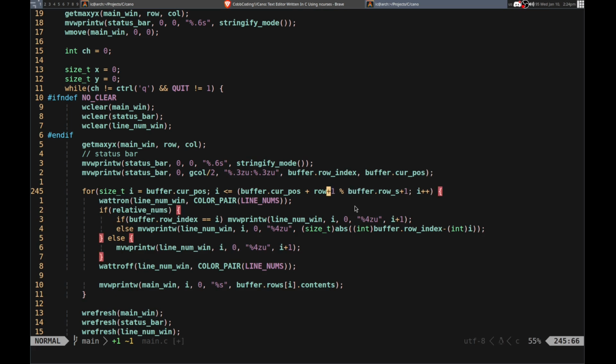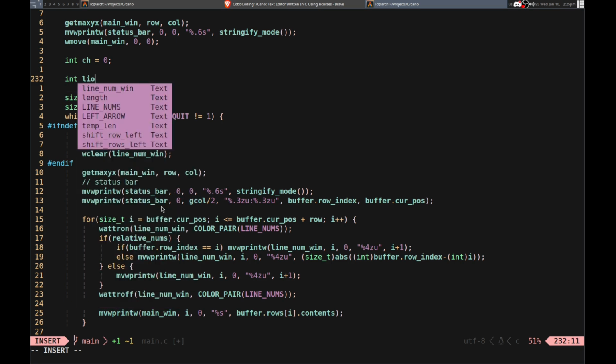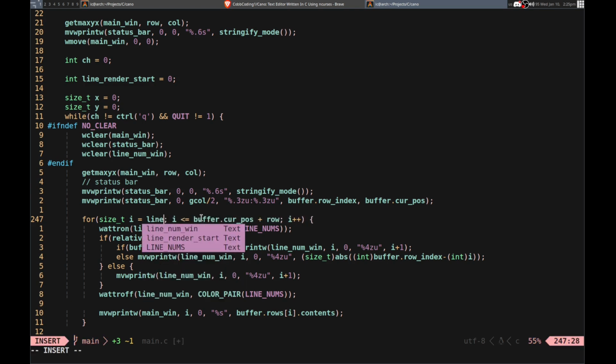Yeah, it doesn't like this. Okay. Might need to think about a different way to do this. I want the cursor to stay where it is, though. So I think maybe I'll have a variable that is declared outside this, and this is basically the window start or render line render start, and it'll by default equal 0. And that is what we'll iterate through here. Line render start, and